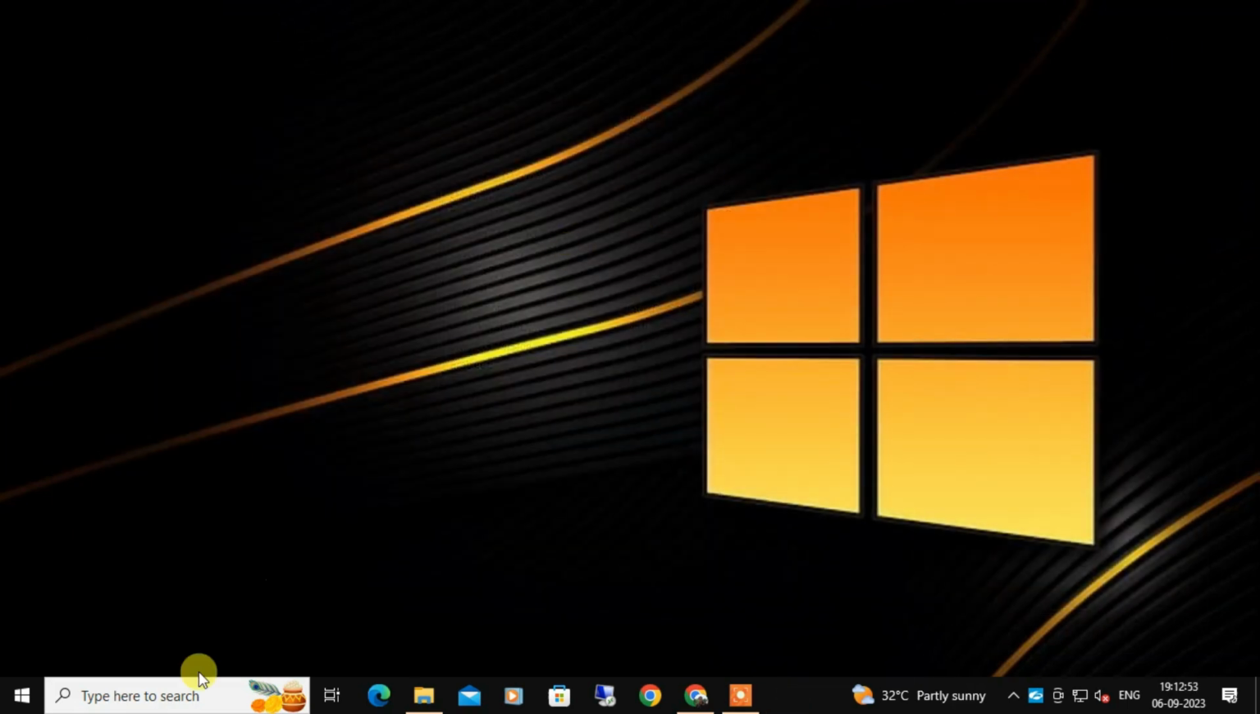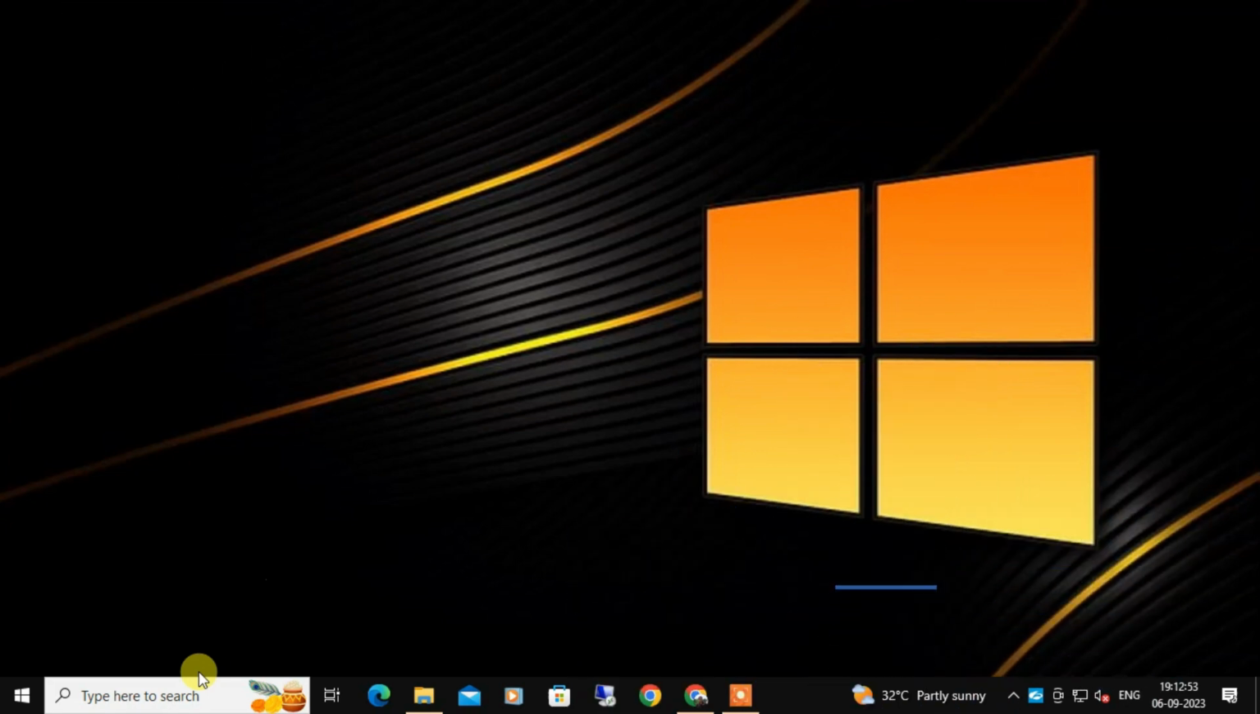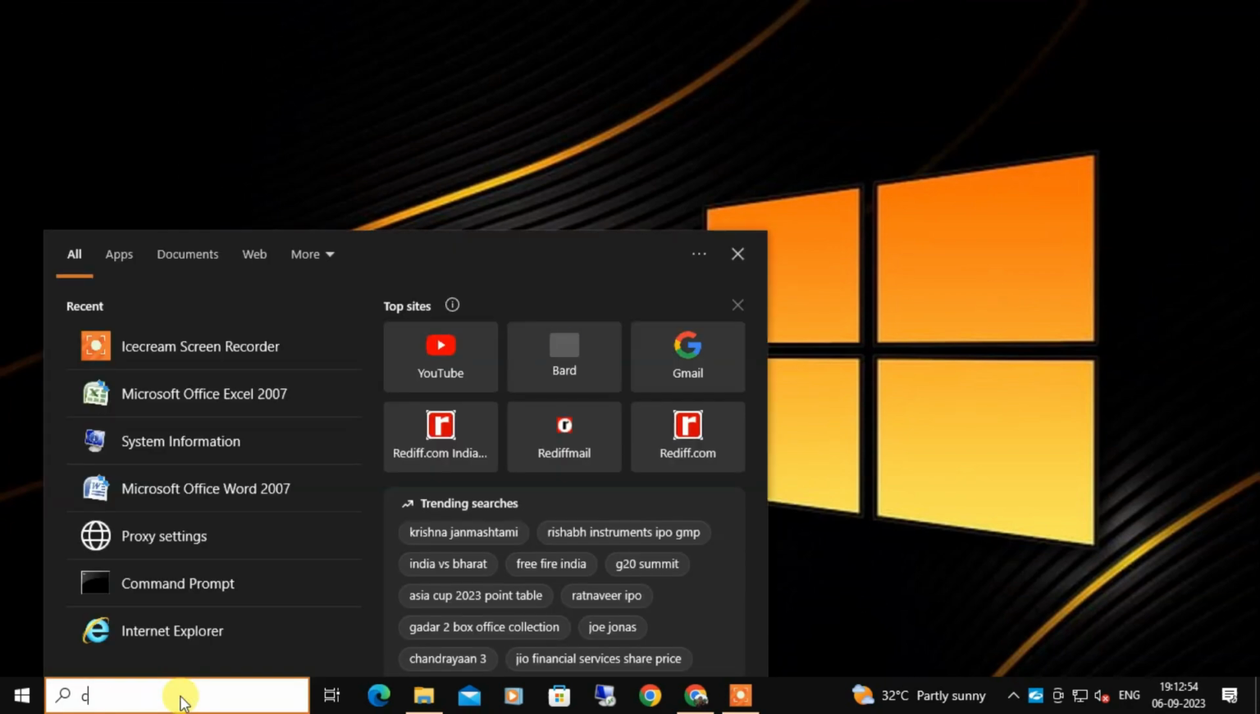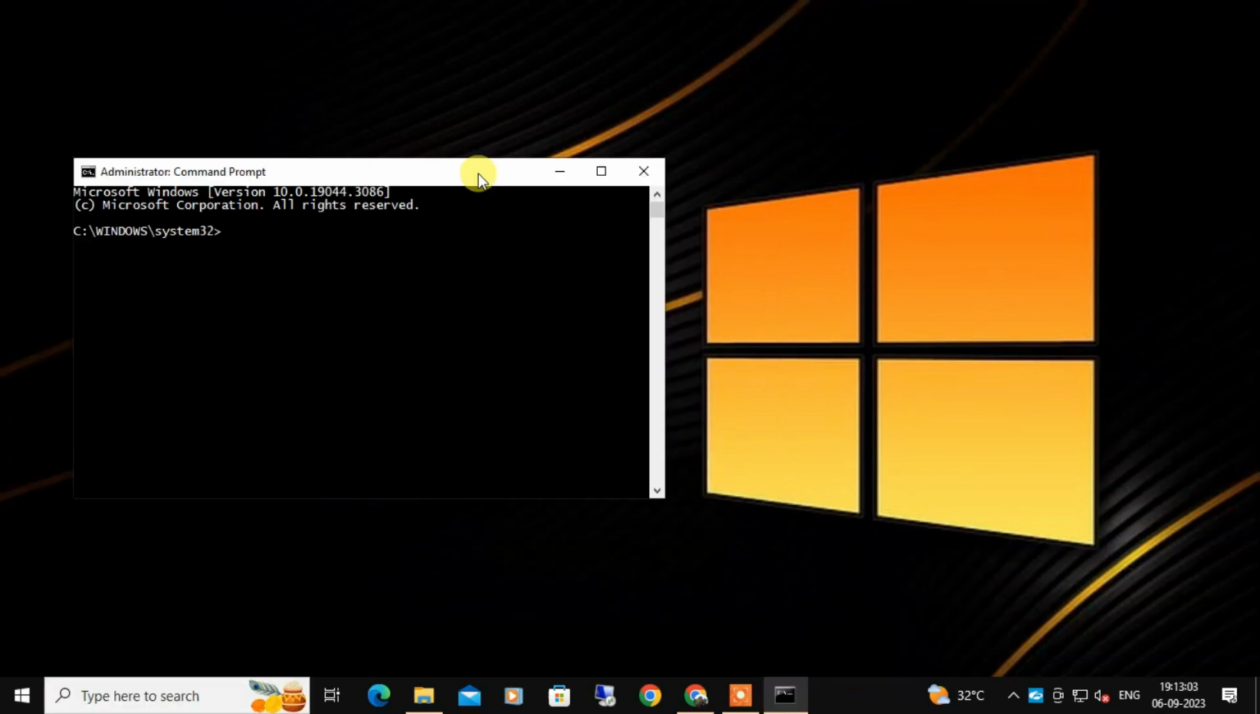So now the second method, we will use the Command Prompt. For that you have to type cmd in search, right-click on it and click Run as administrator. Once the Command Prompt window opens, here you have to type one command: